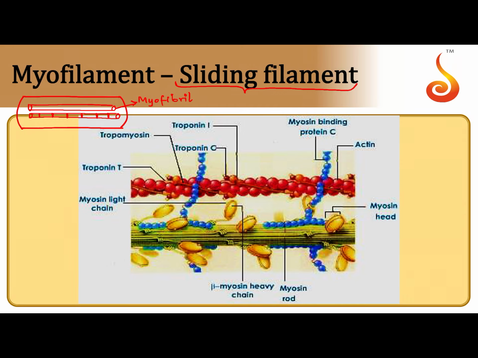So what is this repeating unit bound by? You can see these crossed lines that I have drawn here. This is called a Z line, and this is another Z line on the other side. Between the two Z lines, the area that you find is referred to as the sarcomere. This represents the structural and functional unit of the muscle fiber, and between the two Z lines you have two types of protein filaments, which are contractile filaments which project towards the center of the sarcomere.